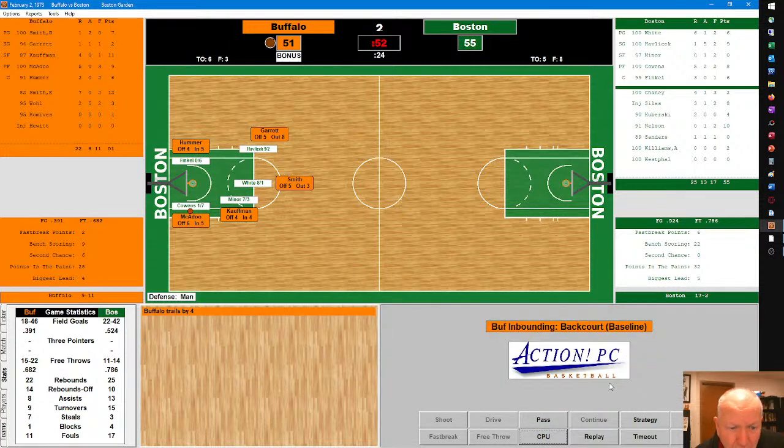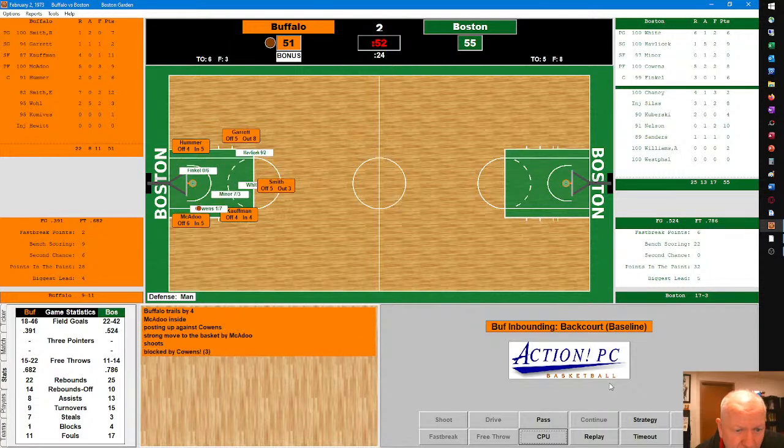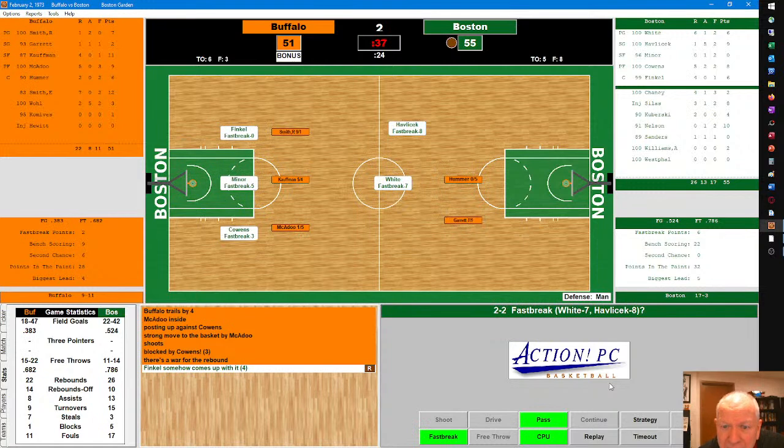Buffalo wants McAdoo. McAdoo on the inside, posting up against Cowens. Strong move, but his shot is blocked by Cowens. Nice defense, and it is Hank Finkel coming up with it for the Celtics. Havlicek and White want to run. It's 2-on-2 in transition.